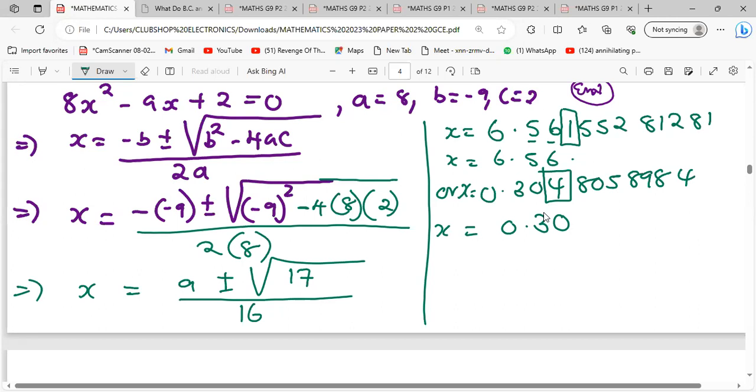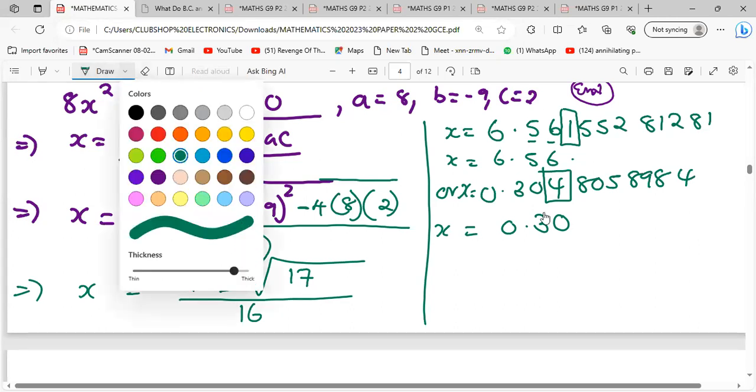So I want to counter check the first one, which is 9 plus square root of 17. Yeah, I divided by 2. I don't know why, it's supposed to be divided by 16. So when you divide by 16, the answer will be